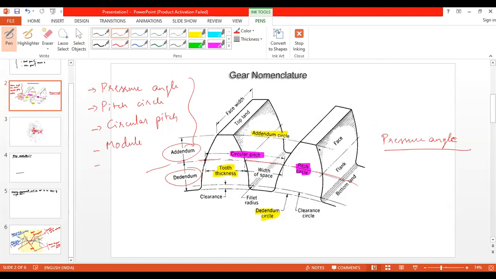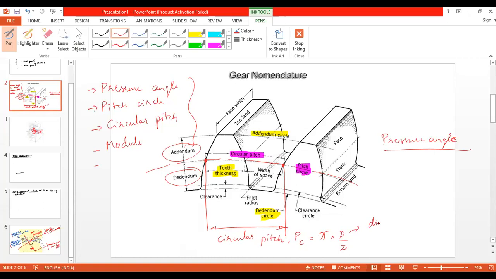So circular pitch is the distance measured on the circumference of the pitch circle from a point on one tooth to the corresponding point on the next immediate tooth. Okay, this is known as circular pitch, and that is represented by PC, which is equal to pi into d by z,